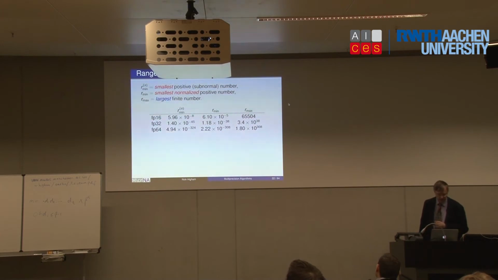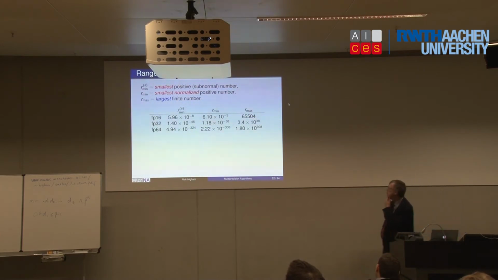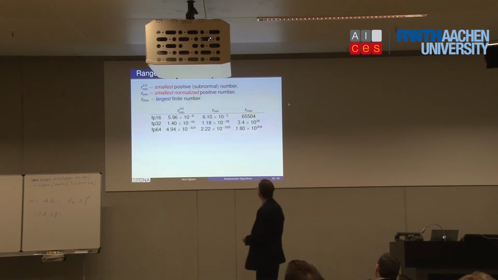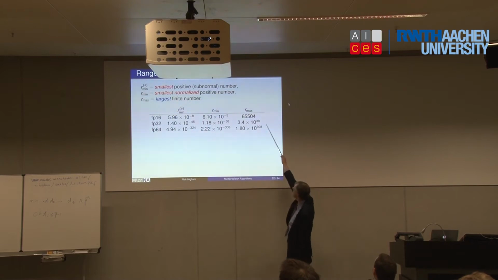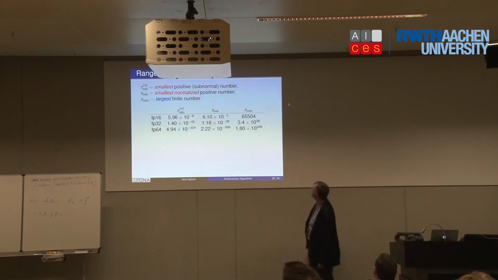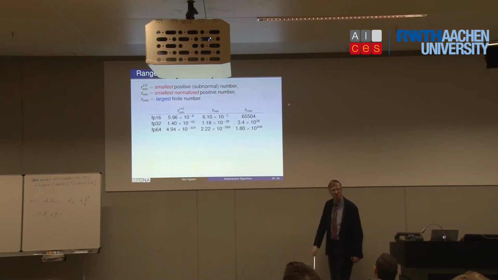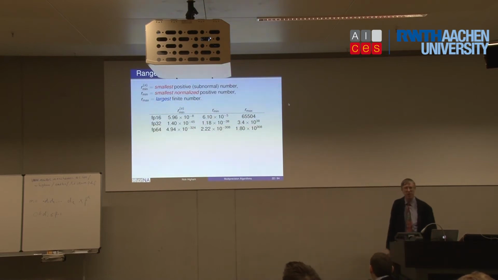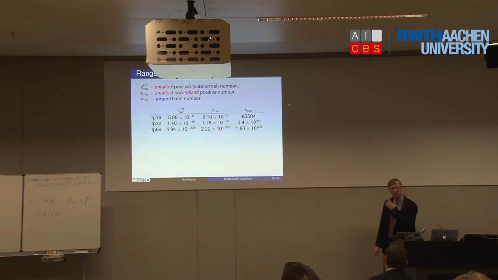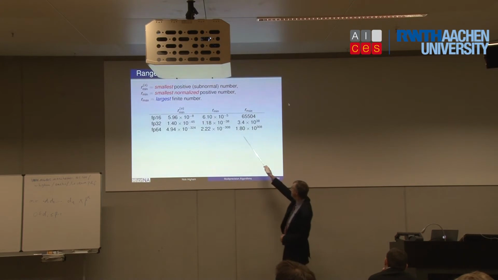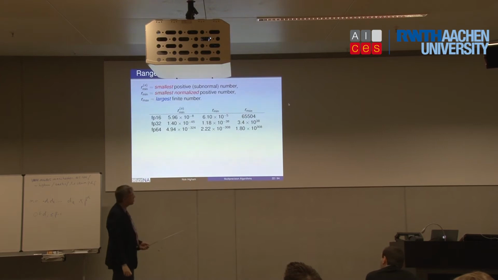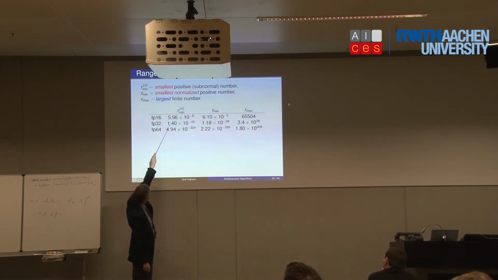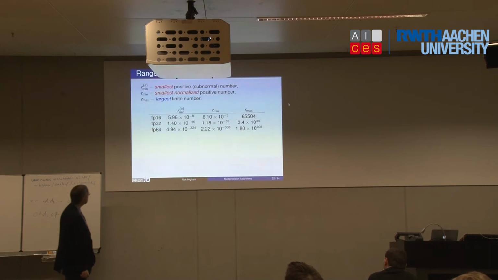Let's look a bit more at half precision. This table gives again some of the key parameters. For half, in the last column, the largest number in half precision is only 65,504. That is essentially infinity as far as FP16 is concerned. The smallest normalized number shown here is about 10 to the minus 5. If you allow numbers to go subnormal, here's the smallest subnormal, which is how far down in precision you can go.